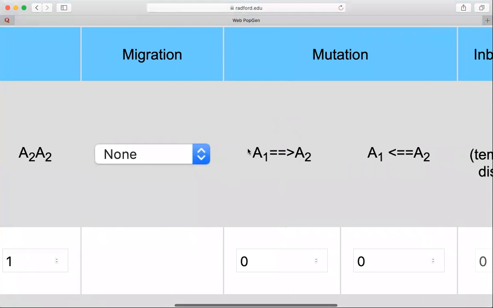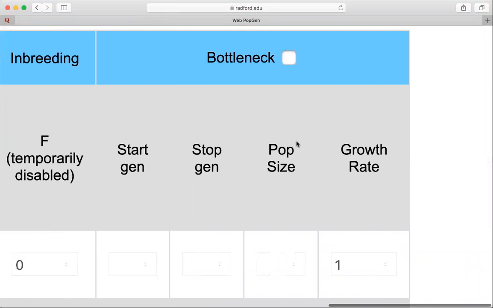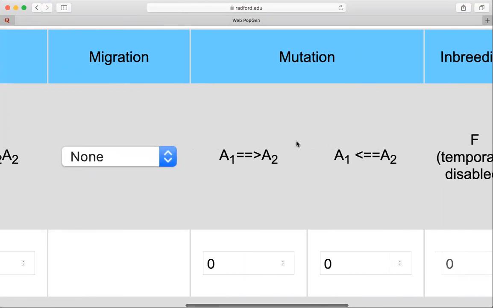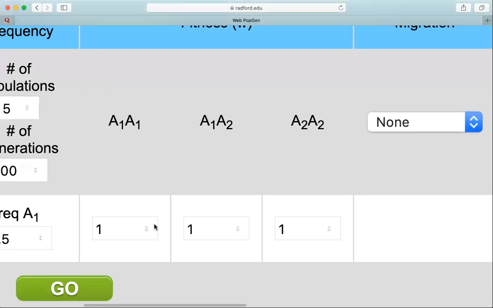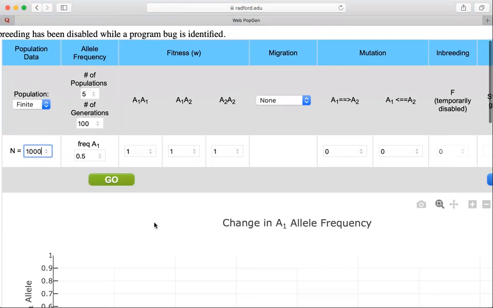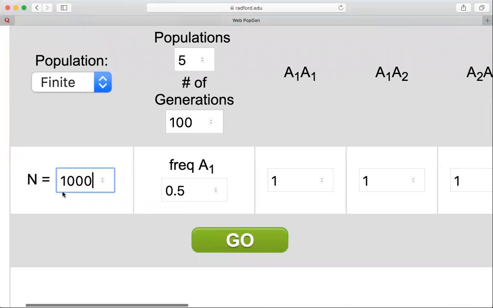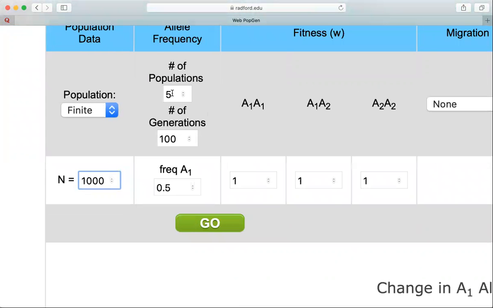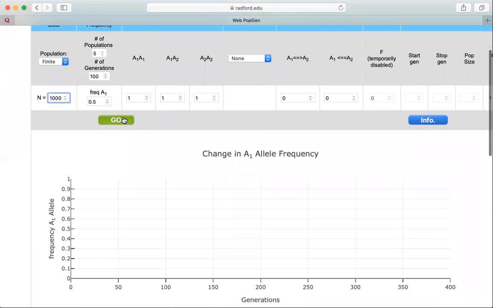Now, there's a couple of models we can use to simulate migration, mutation, inbreeding, and something called a genetic bottleneck. I'm not going to mess with that just yet, but let's start by having all of our fitnesses set to being equal. So I've set our population to be finite with a number of 1,000 individuals. The population's not going to increase or decrease. We're looking at 5 duplicate populations over the course of 100 generations. And when I click go,